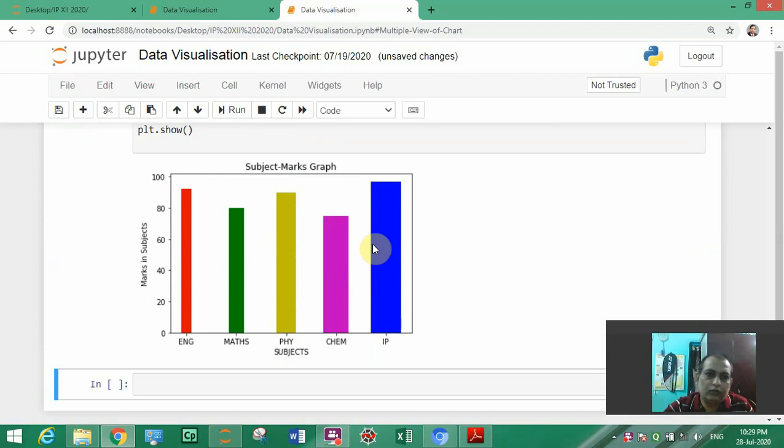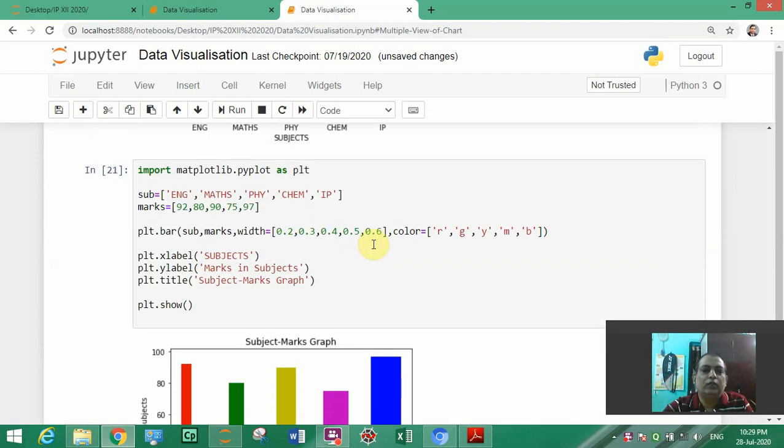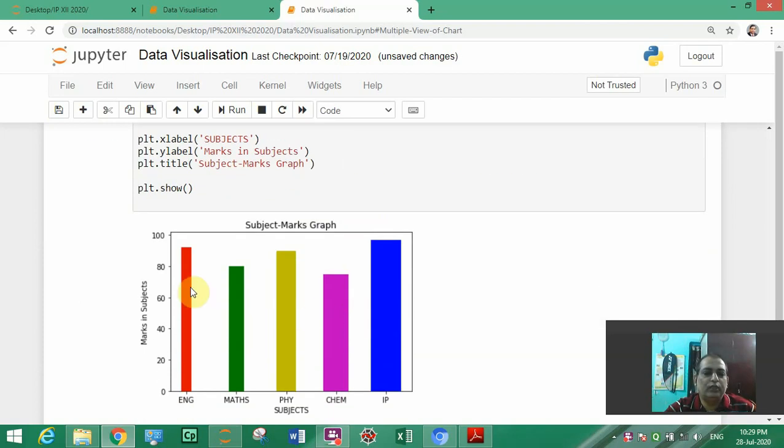So for today's class, this only. You have to practice at home, that you have to create one simple bar of this marks and subject, and each bar will represent marks of different subjects.